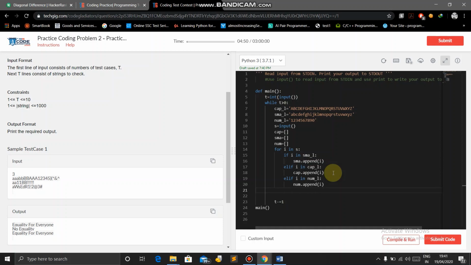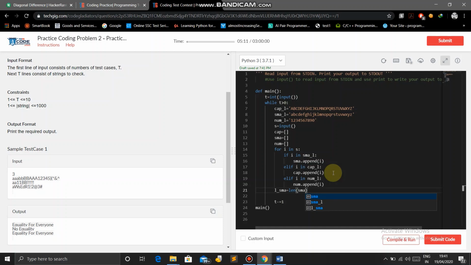Now we will find how many capital letters, how many small letters, how many numbers and how many special characters are present in the string. We will take the variable L_sma, that is the length of the sma list.